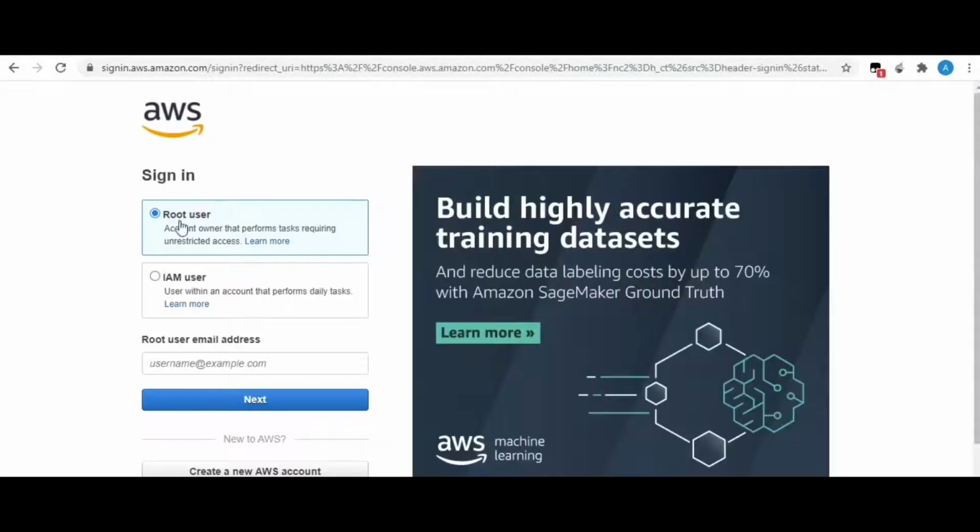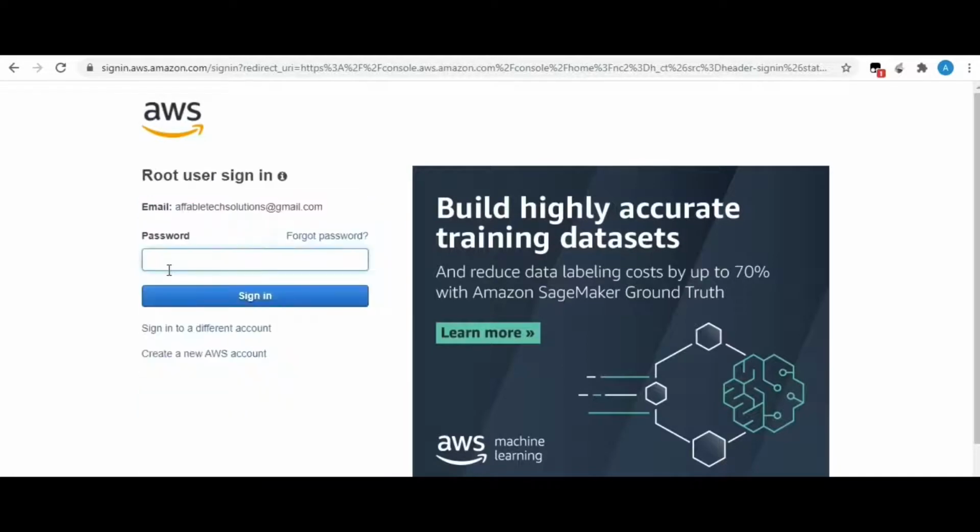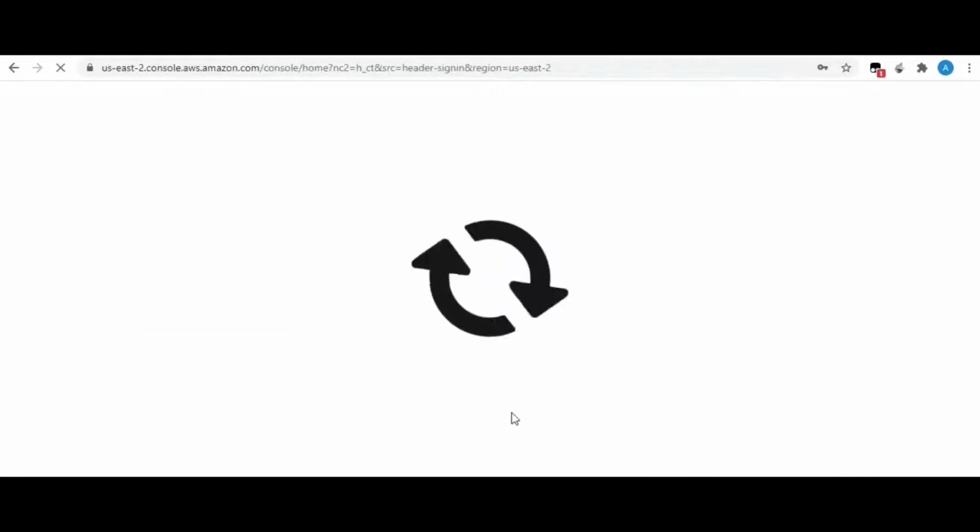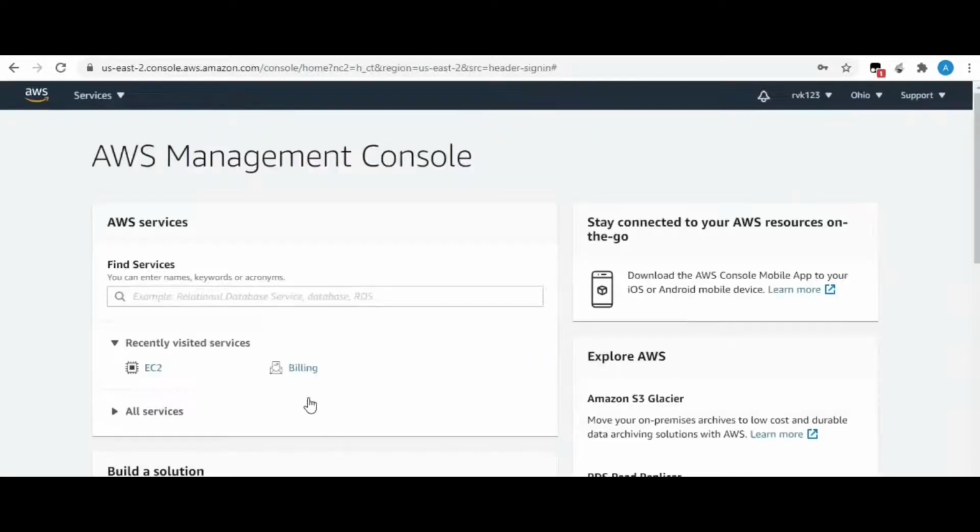When you get a confirmation, you can go and sign in by entering the email address. Enter the password. So here you go,